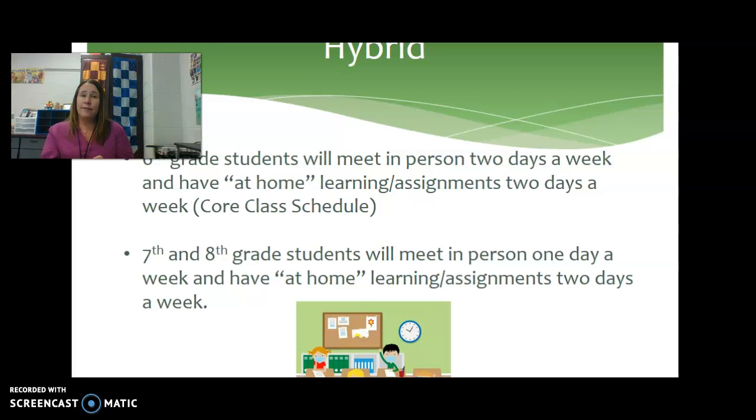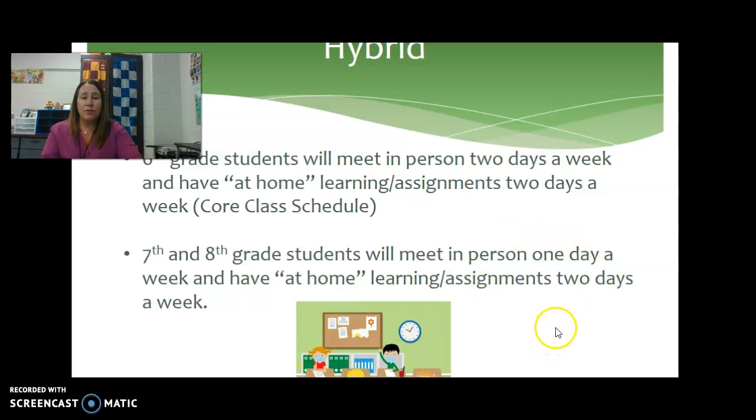So Mondays or Tuesdays, depending on if we have off on a Monday, I will be posting the assignments for the week. As we go through this, because this is new to all of us, if I start to find that it's not working, we're not getting as much done as I'd hoped, I may start chunking it and just put a few days on and then a few more days. But my goal up front is to be able to do the whole week. So keep our fingers crossed that that works out really well for us.